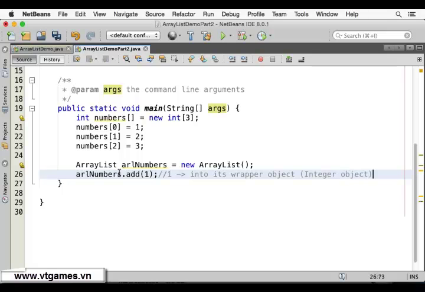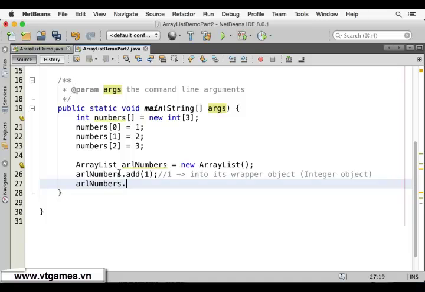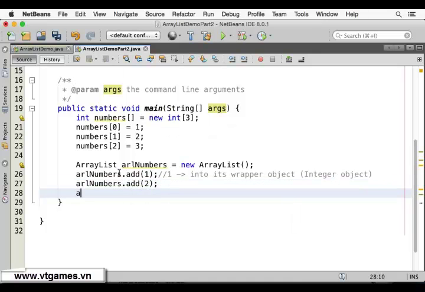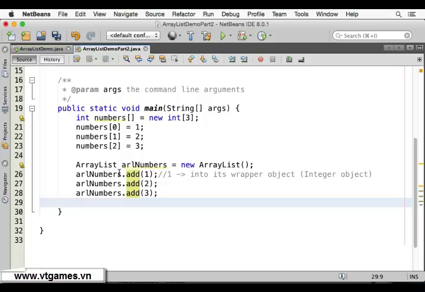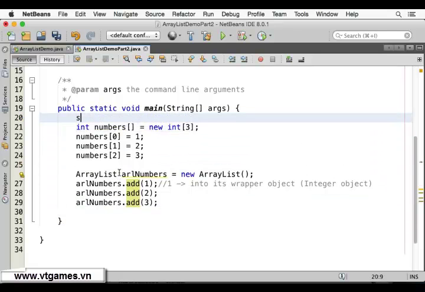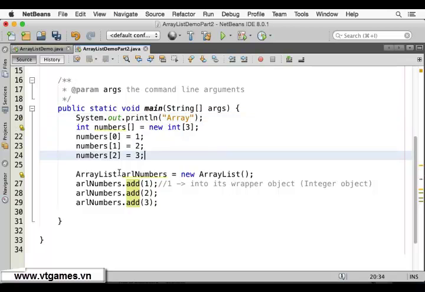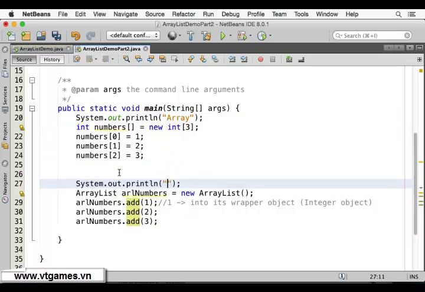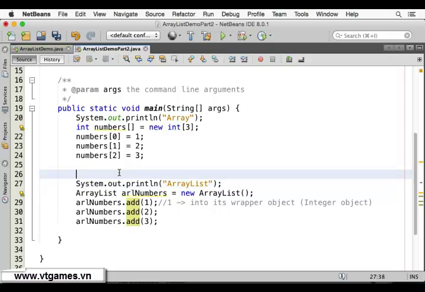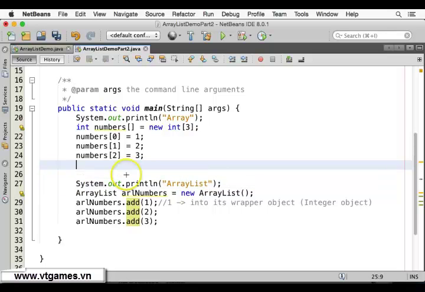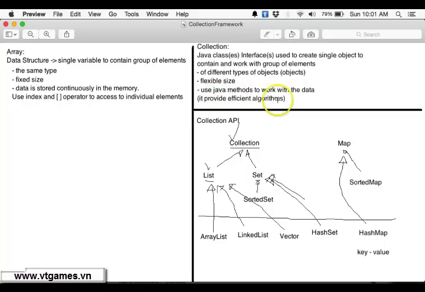Now similarly, you're going to add numbers dot add 2 and ArrayList numbers dot add 3. Sorry, that one is 3. So just to show, this one I'm working with array, and this one I'm working with ArrayList. And let's give an example to prove the efficiency of the algorithm in order to work with